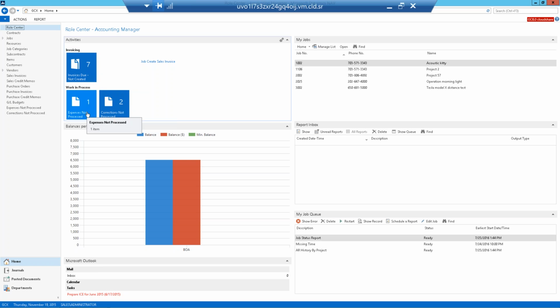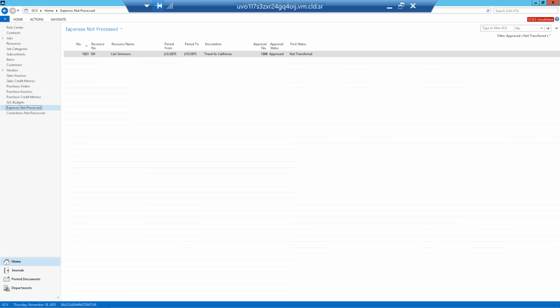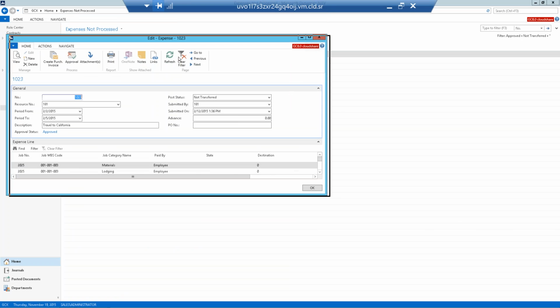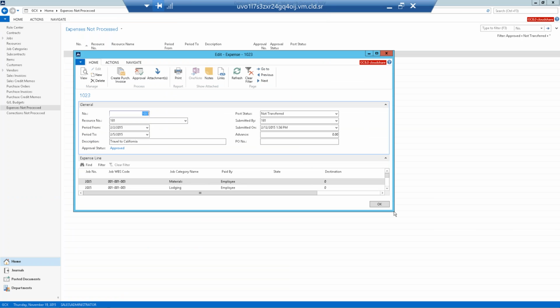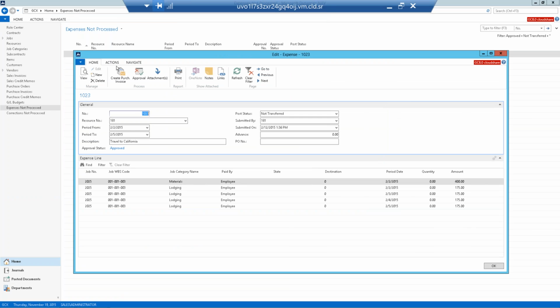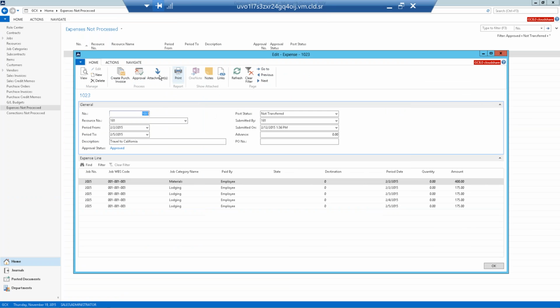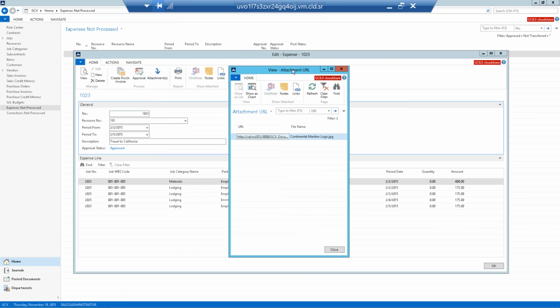And any type of corrections. So this visual cue also allows me to drill into it. So there's one expense report that needs to be processed. If I hit that stack there, it takes me into the list of expense reports, and I can actually open one up to see all the detail. So I can see information regarding the type of expenses associated with that expense report. I can look at the approval process. So who were the people that approved it and when did they approve it? And if there were any type of attachments related to it, these would be the receipts associated with that expense